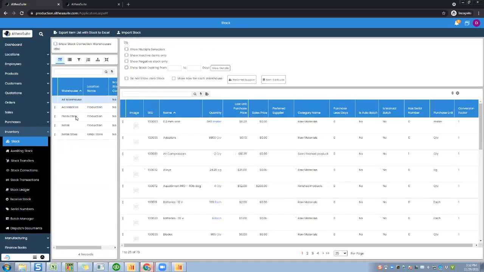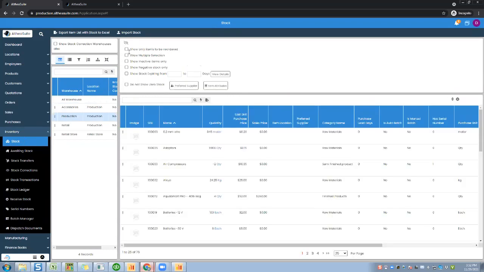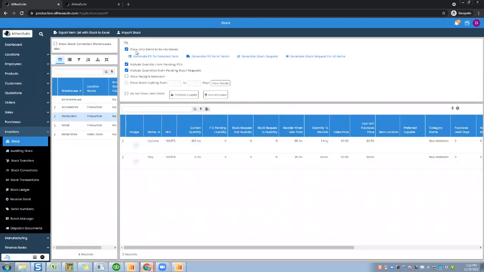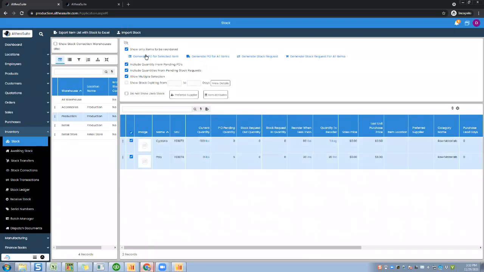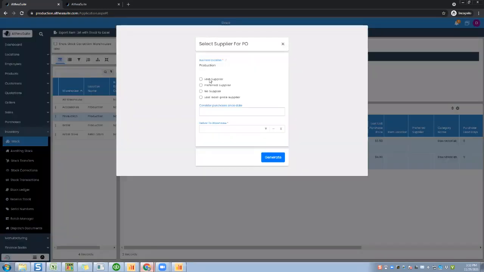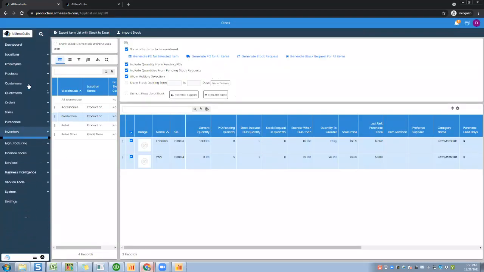While you are using Althea at any time, if you are on the stock window, if I have selected a warehouse, I can always say show items to be reordered. Once that is checked, right from here, you will see the products that are running below the safety stock based on your definitions. Right from here, you can create a purchase order or a purchase so that you can send that. So if I say allow multiple selections and I say generate PO for selected items, it is going to ask you whether you want to create a PO for a preferred vendor or all the vendors, and based on that, you can create a purchase request right from the reorder definitions.